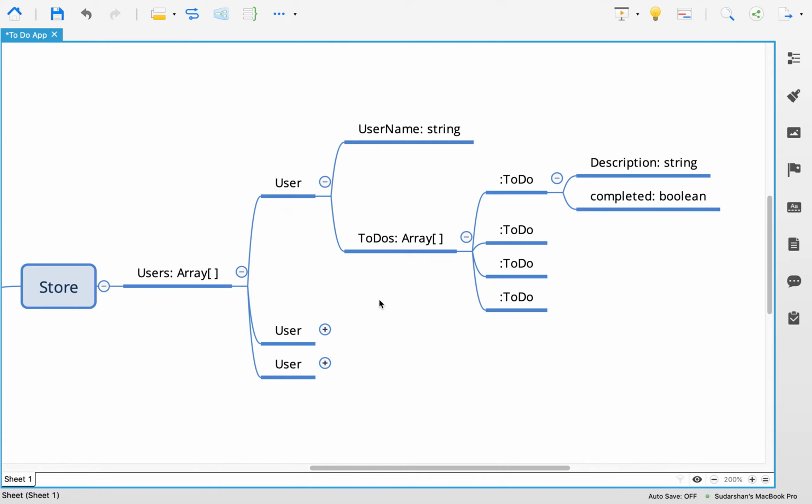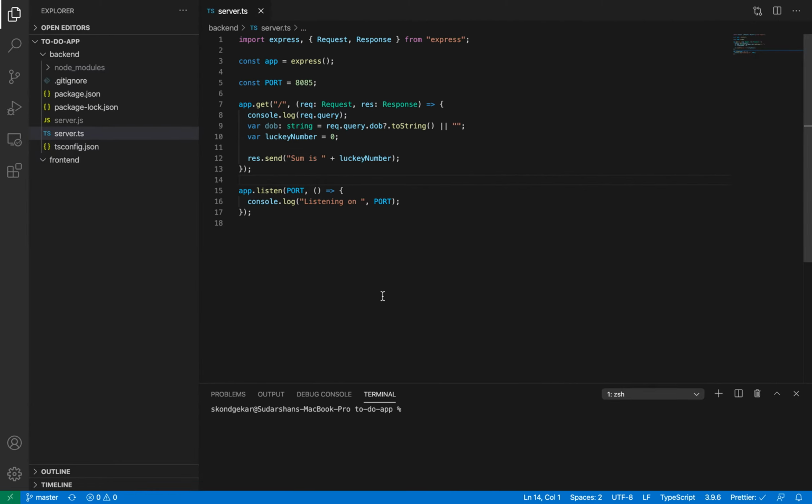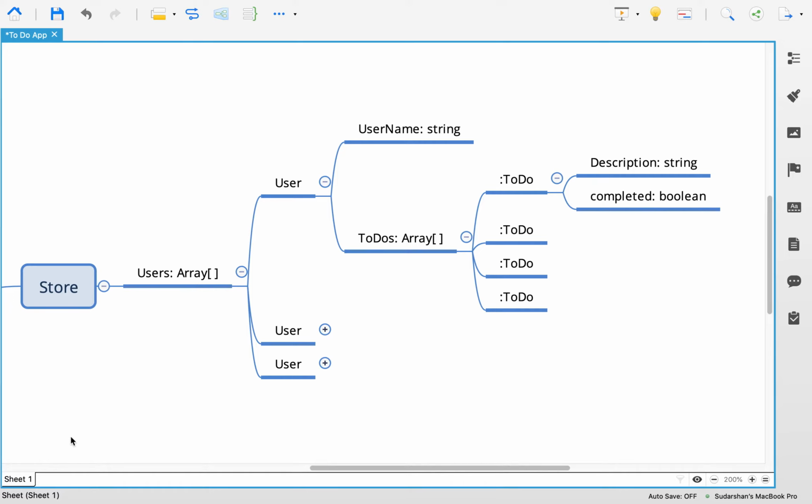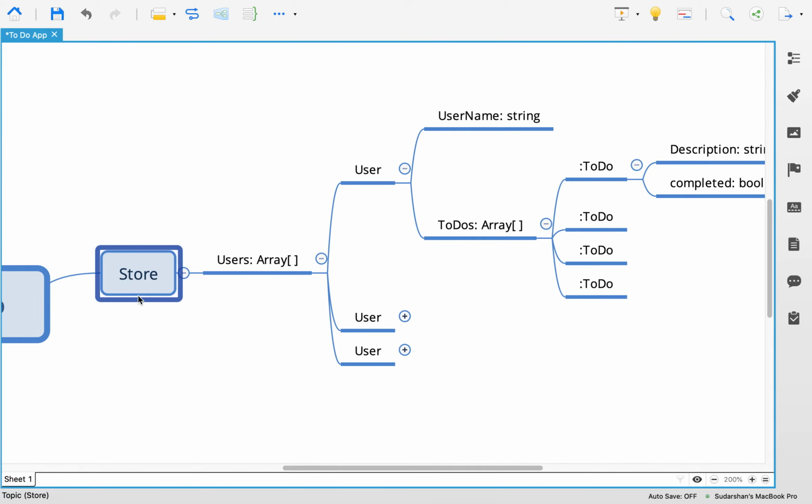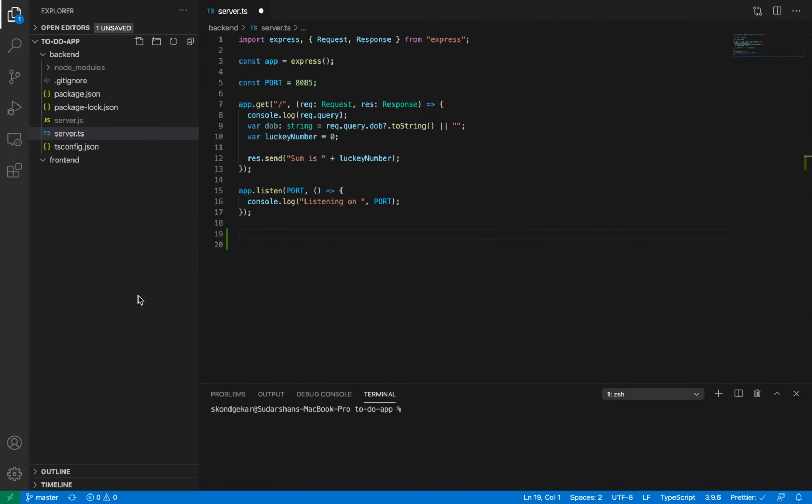Yes. Okay, so let's go to our file. The first thing which I am going to create is the store. To create any object, we should create a class. So it is going to be a class Store. Store is just a name, I can say, let's say, CG Store, Collab Globe Store.